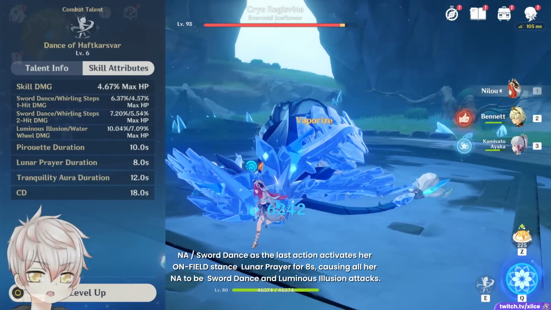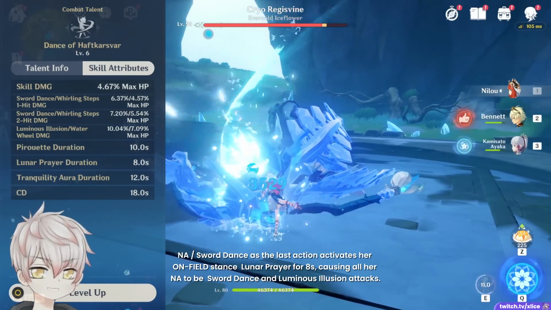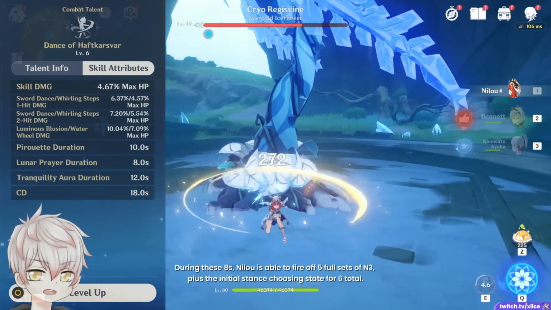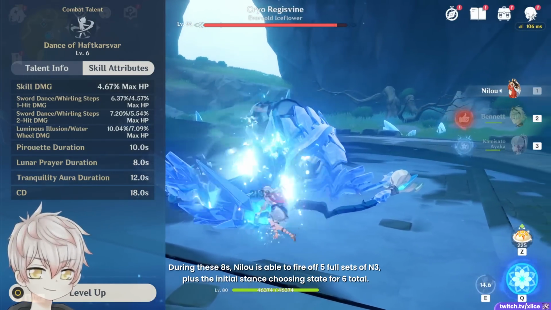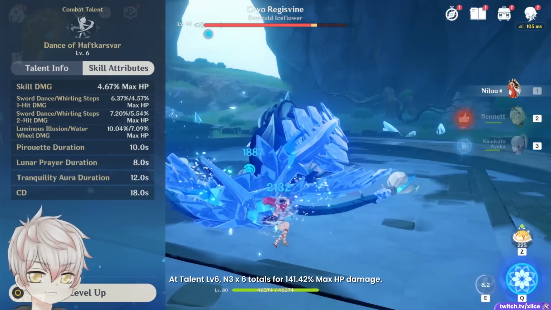Using normal attack or sword dance as the last action activates her on-field stance Lunar Prayer for 8 seconds, causing all her normal attacks to be sword dance and luminous illusion attacks. The multipliers for these are all defined within her elemental skill talent and scale with her HP. During these 8 seconds, Nilou is able to fire off 5 full sets of N3, combining with her initial stance choosing state. This can include another full set of N3 for 6 total. At level 6, N3 by 6 totals for